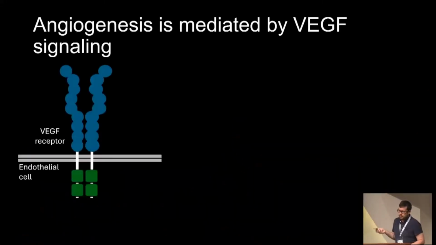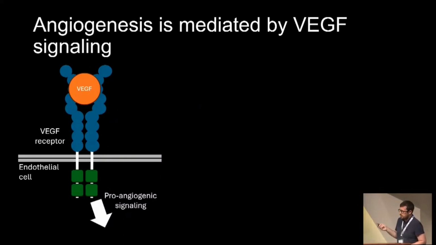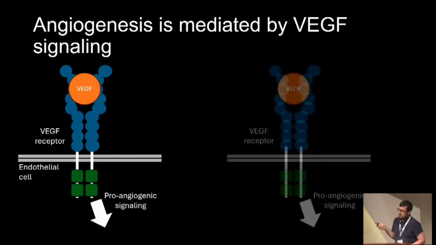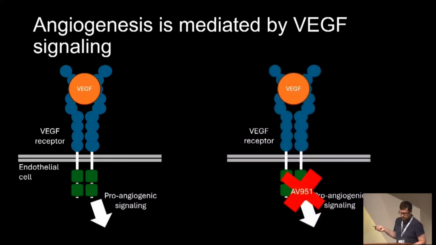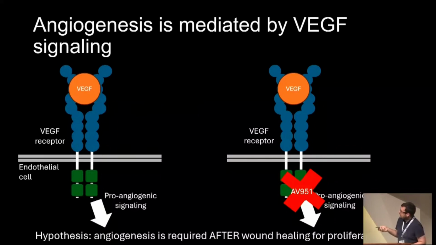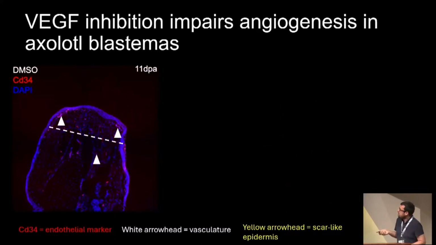So this happens by VEGF binding to VEGF receptor in endothelial cells and inducing pro-angiogenic signals. So what I'm doing now is I'm trying to block this process by using chemical inhibition of VEGF signaling. So I applied this to axolotls. The hypothesis here, I showed before, is that angiogenesis is required after wound healing to allow proliferation to take place. So I applied this to axolotls and took sections of the regenerating limbs, and here in this control